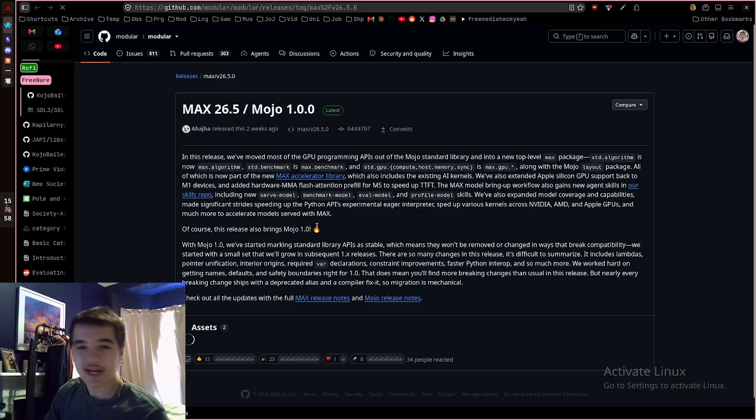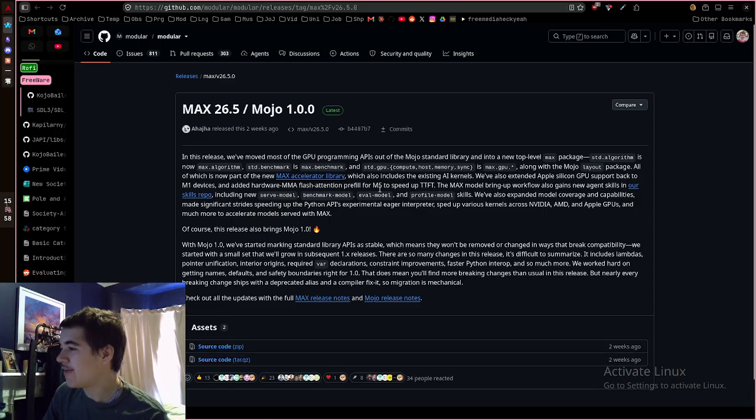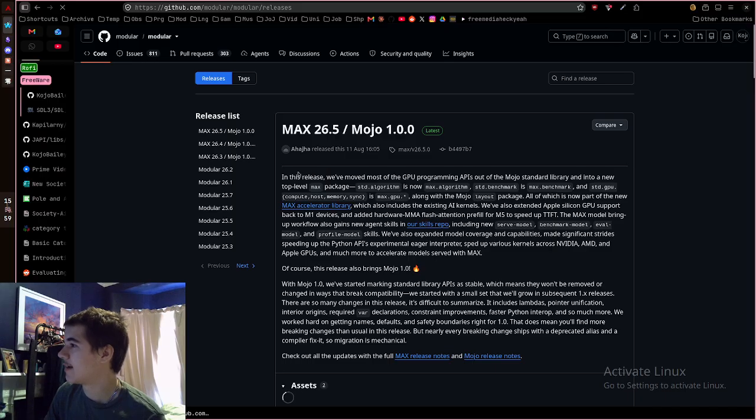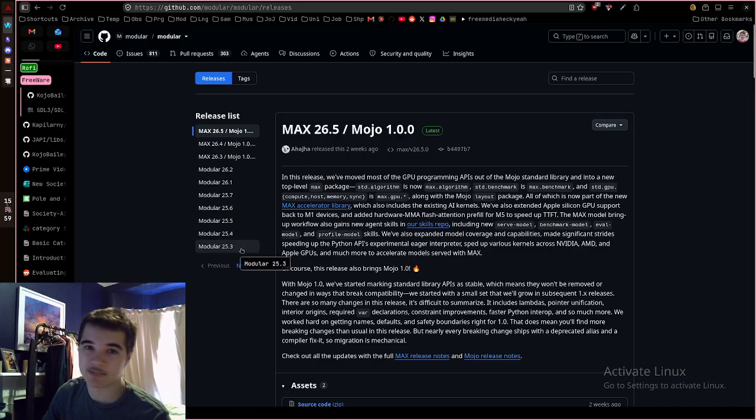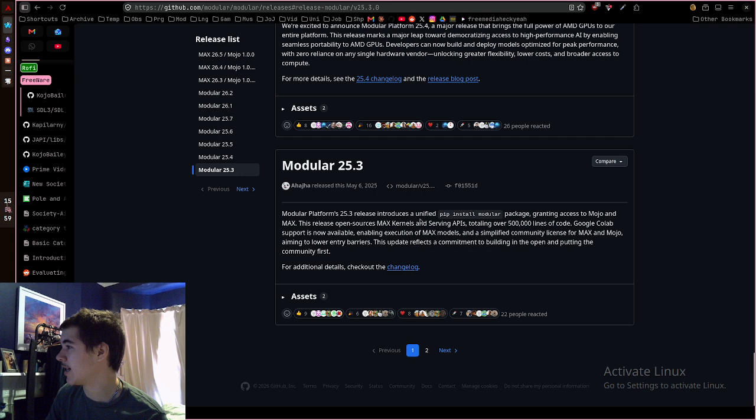Like, Mojo kind of came out of nowhere, you know. But now it's a real contender for that systems programming space, and I have really high hopes for it. Of course, I could read the spec and just be like, you know what, screw this, I don't care. But I really want to like this because I don't want to use Rust, and I don't want to wait for C++ to get better, you know. So